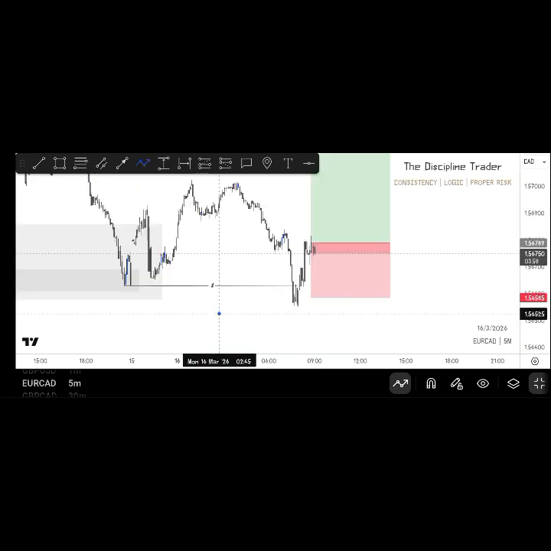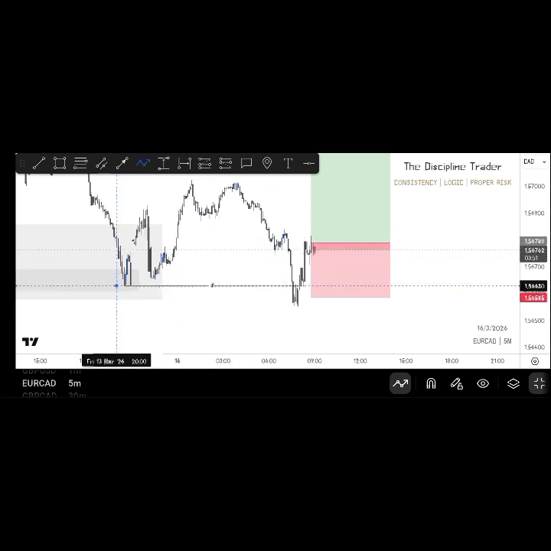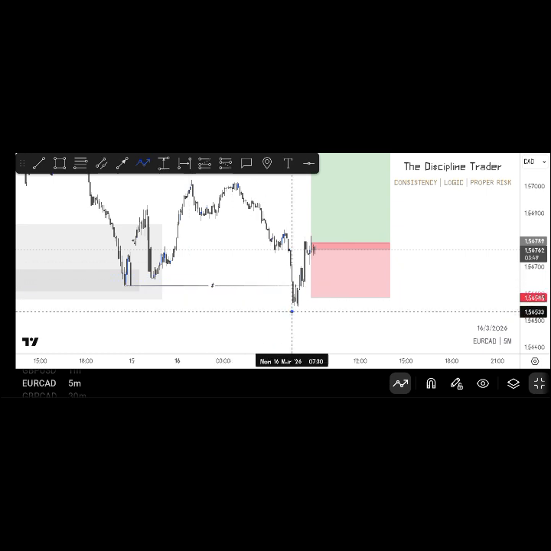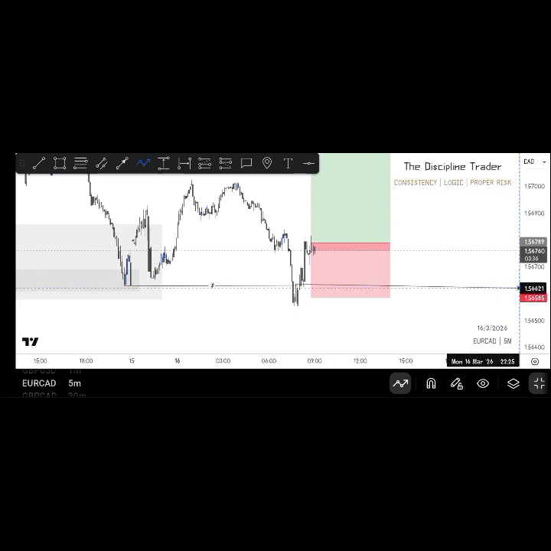Alright guys, I've entered the trade and price came all the way down, taking liquidity from these lows. It now gave this huge bullish momentum. But I entered late. I was supposed to enter at this point right here where price flipped, at this level, but the momentum had already been going. So I entered at this level and I'm putting my stop loss